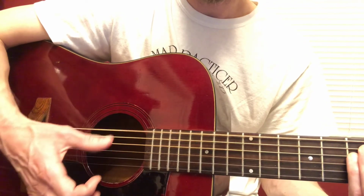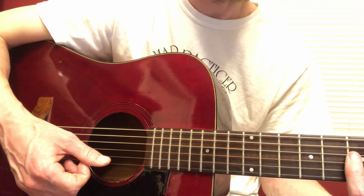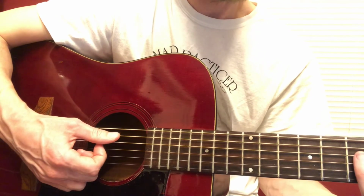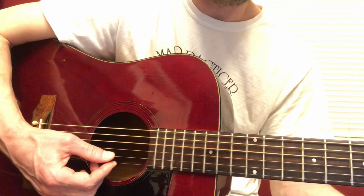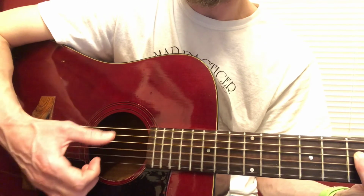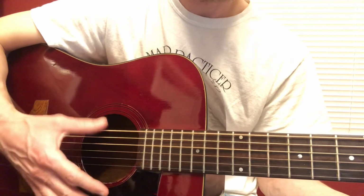1 and 2 and 3 and 4 and then for the D/F sharp, it's only 4 strums. 1 and 2 and the same thing for the B. Oh, but the D/F sharp gets these 4 strings, and the B7 gets the A, D, G string. So 1 and 2 and so altogether that sounds like this. 1 and 2 and